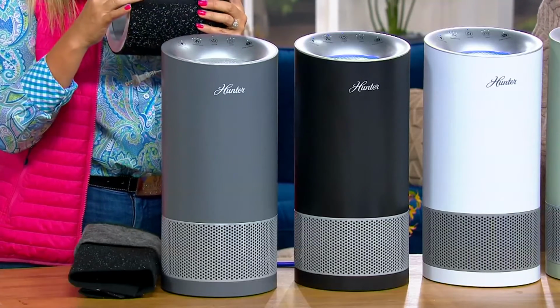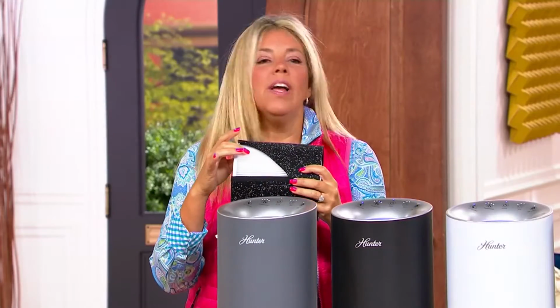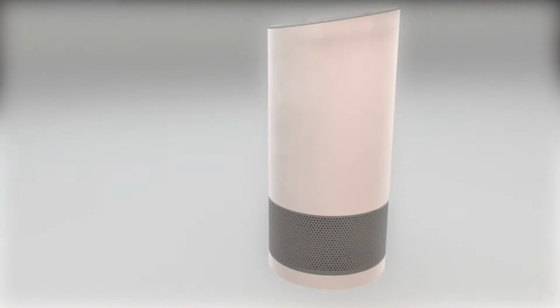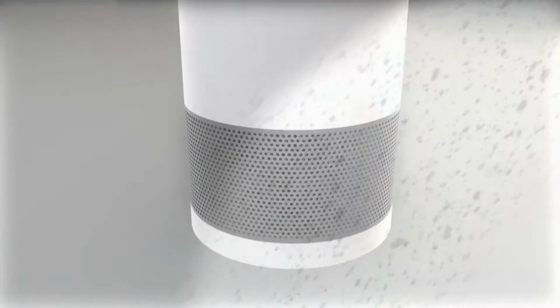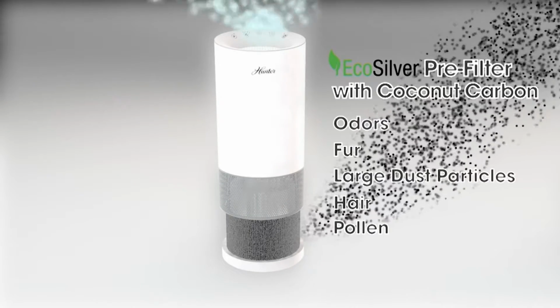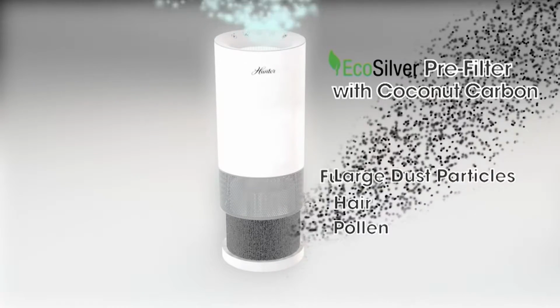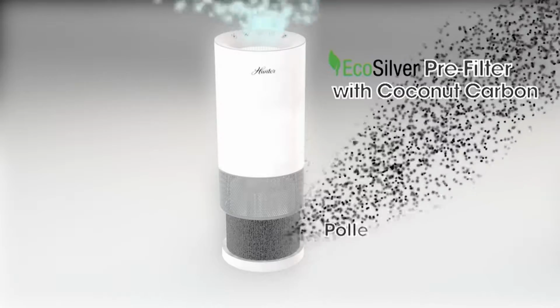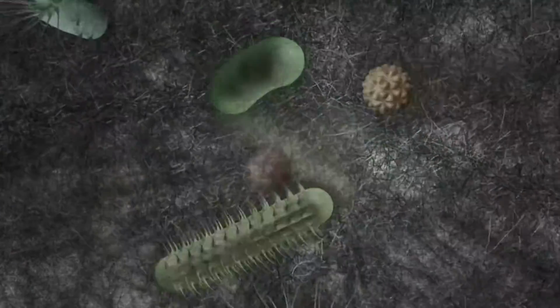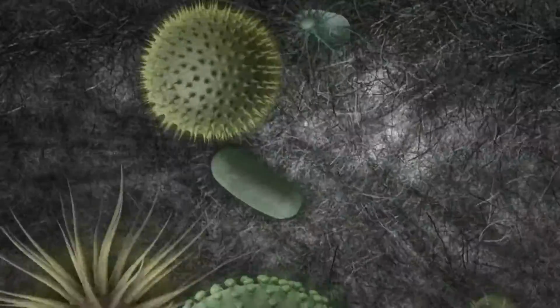And inside, this is that true HEPA filter. And that is really the bells and whistles of this unit, because the true HEPA is going to capture 99.97% of all of those household particles down to 0.3 microns in size. It's going to help get rid of the dust, the hair, the pollen, the odors, the fish we cooked last night. But here is that coconut carbon pre-filter, capturing all of those microorganisms, inhibiting the growth right there,